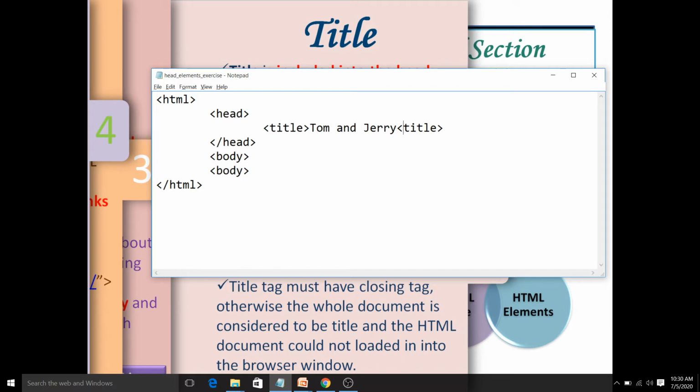In case we forget to close the title tag, then the whole document is considered as a title part and nothing will be displayed. Even though you write 50 lines of code in the body section, nothing will get displayed on your browser window. So we need to close it.